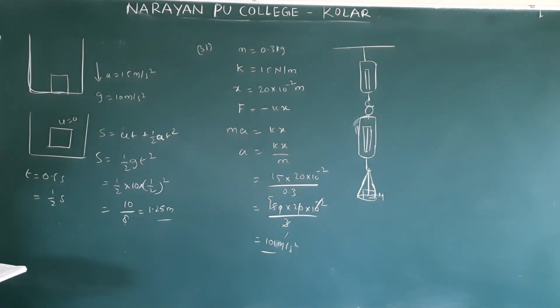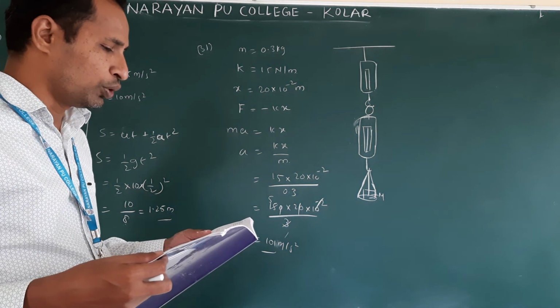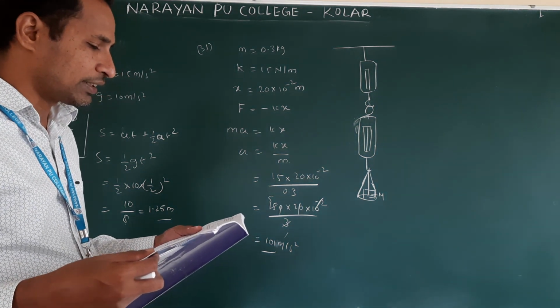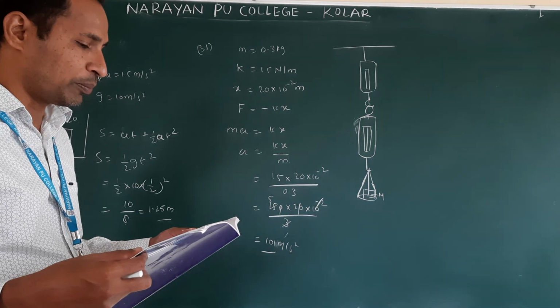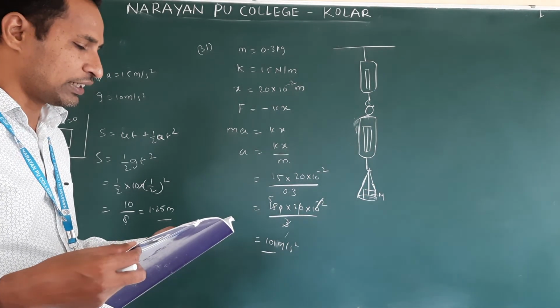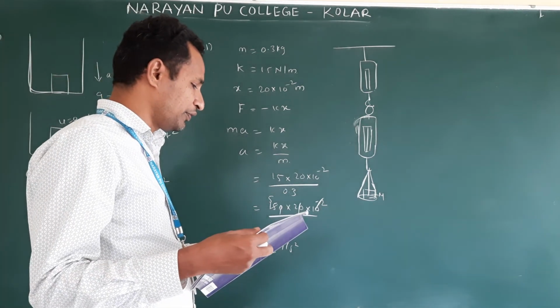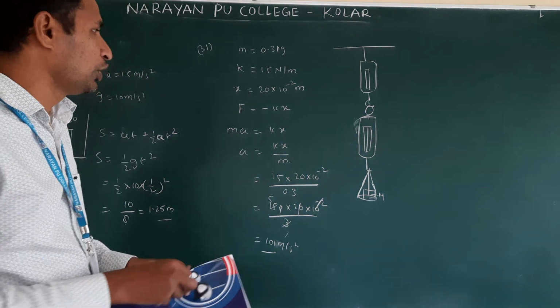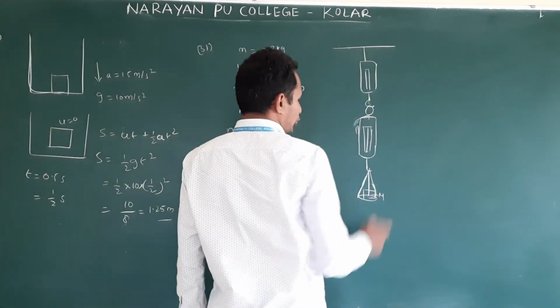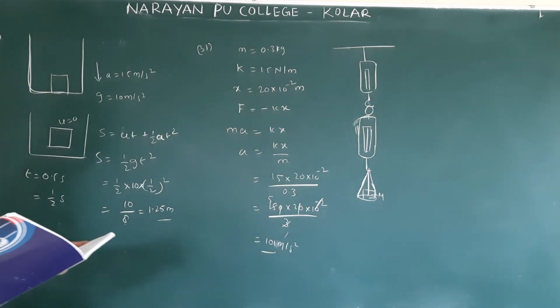What they are asking is the scale reading. Both scales read M by 2 kilogram. Both scales read M kilogram each. The scale of the lower one reads M kilogram, the upper one is 0. The reading of the two scales can be anything, but the sum of the readings will be M kilogram. Weight remains the same on both, so they will show the same reading. Option 2 is correct. Next 33.